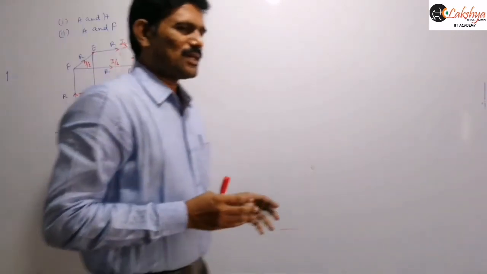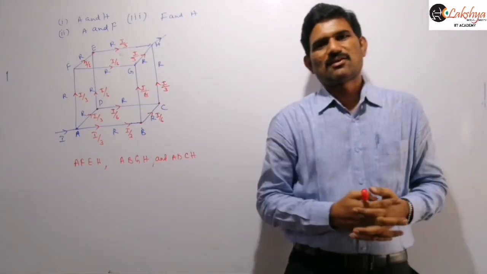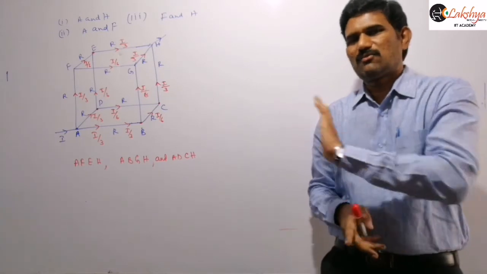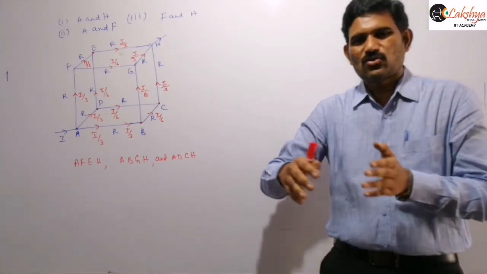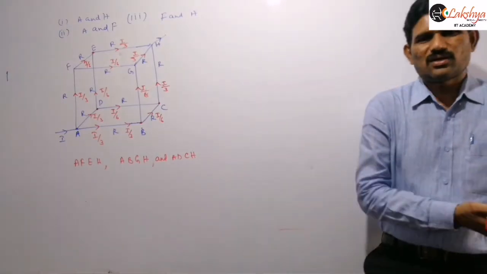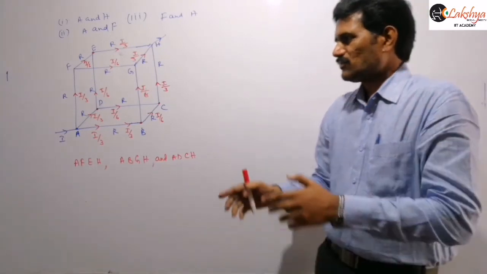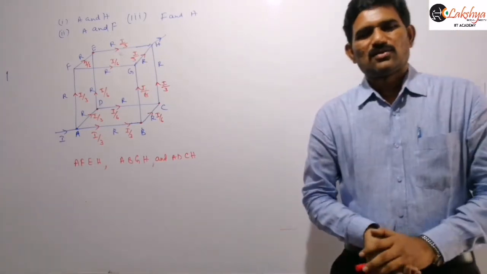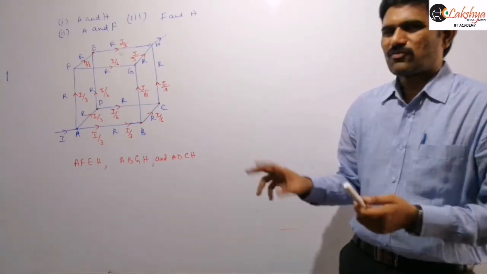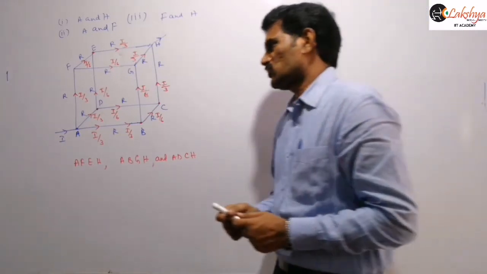So now as all the paths from beginning to ending are identical paths, there is no need of taking any variable. We are not taking single variables in this, that means I1, I2, I3 we are not taking. So directly identical paths are available from beginning to ending, so we are dividing the current in each branch there, right? And as there is no single variable, we can now directly apply the Kirchhoff law finally. By applying the Kirchhoff law you can calculate the effective resistance here.